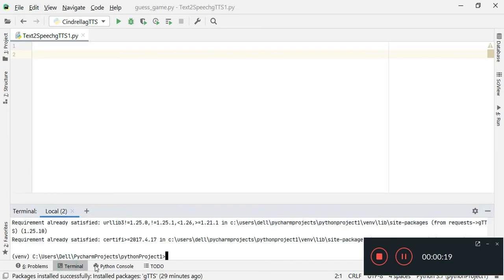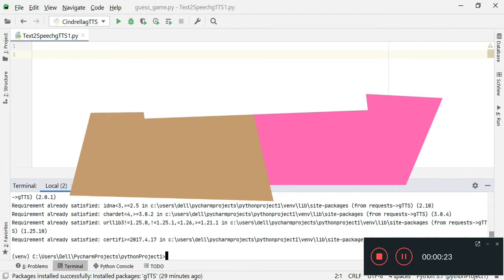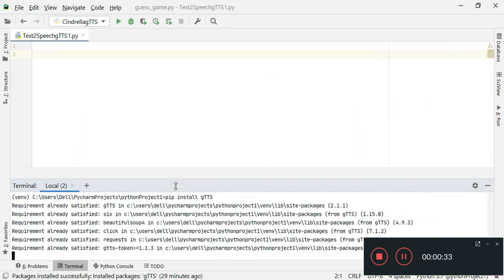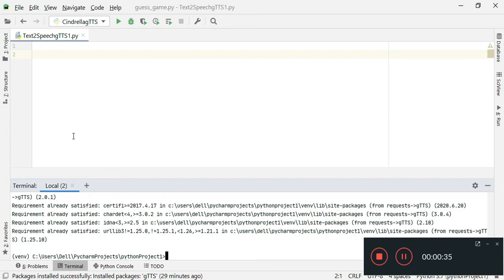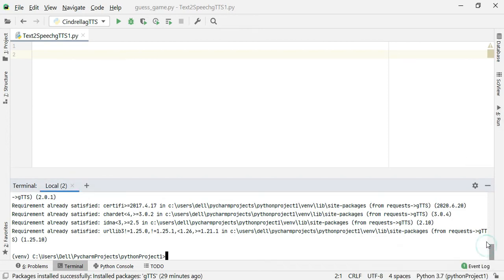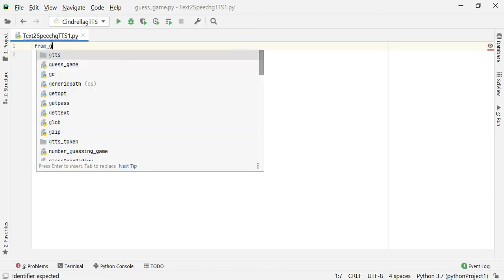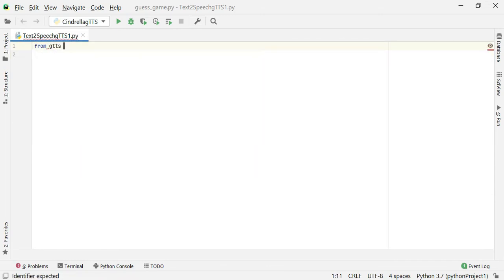Go to the terminal and then type pip install Google Text to Speech. So once it is done, we can start coding. So first, from gTTS, we will import